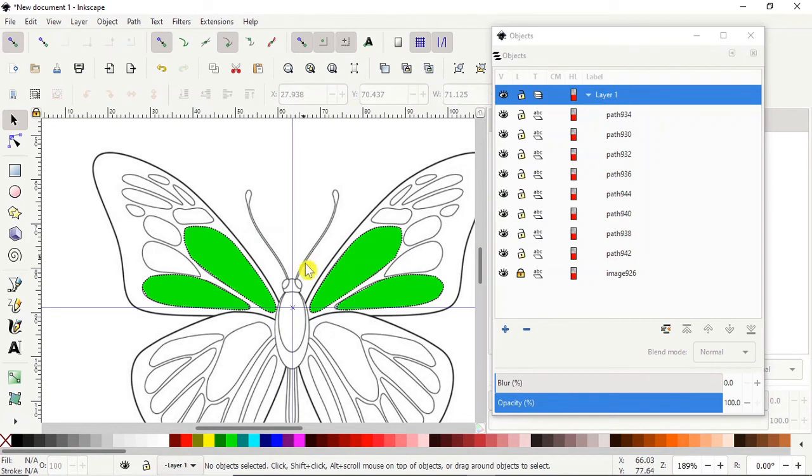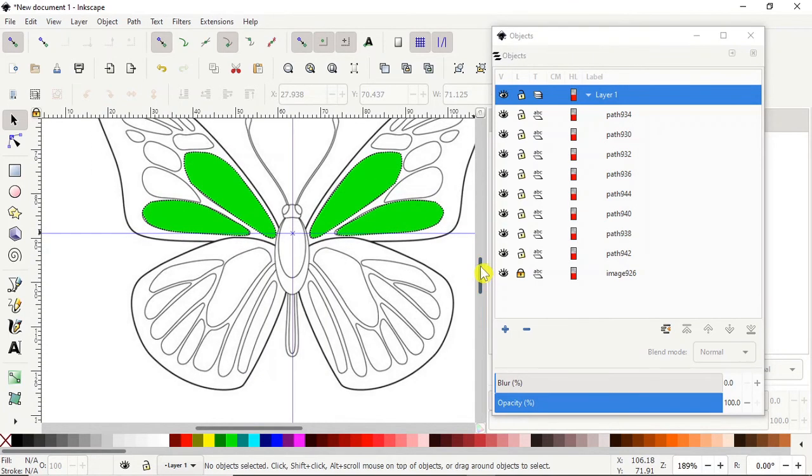Okay, so this way you can continue creating your symmetrical design. And here in the center,